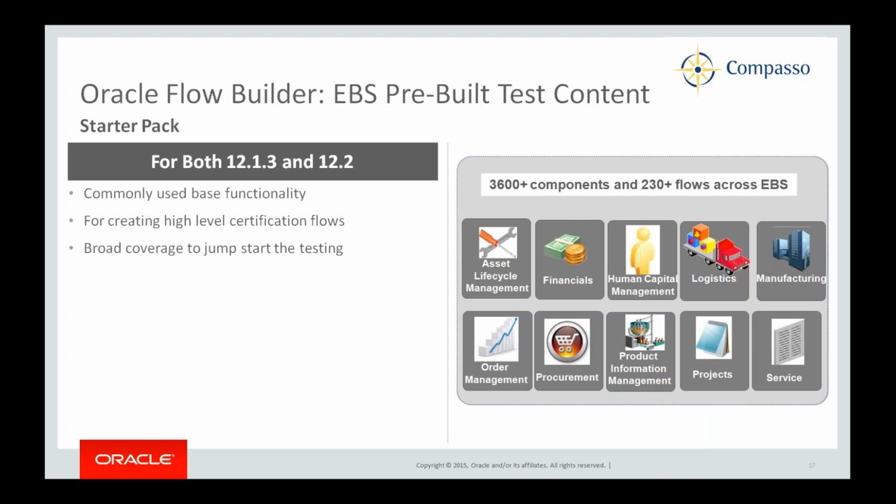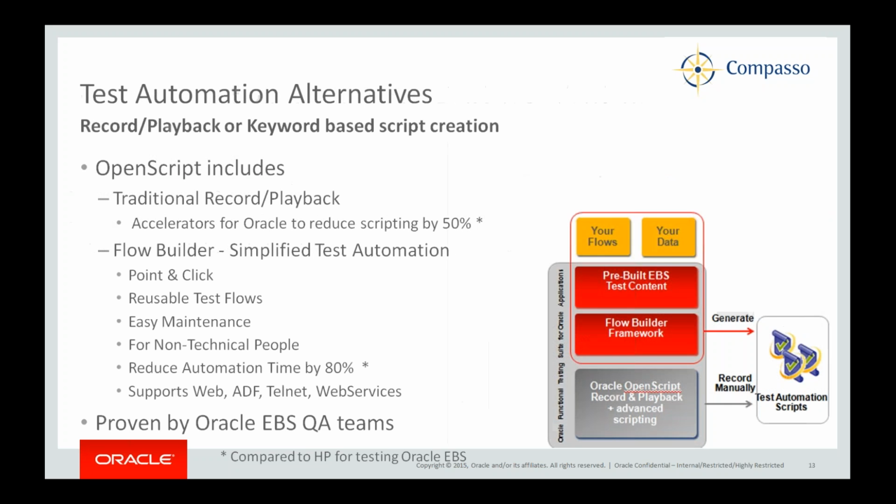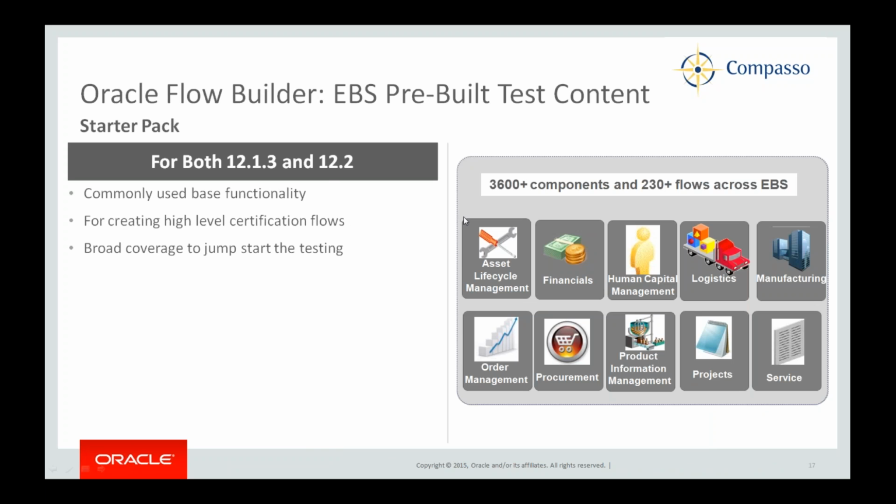So hello, everyone. As Mikhail said, this is the product that we use day in, day out, actually. And as Mikhail was saying, when you get Flow Builder, you get the pre-built e-business test content, which is really a starter pack. It supports 12.1 and 12.2, and you get over 3,600 components and over 230 flows. So the components that Mikhail was talking about, which basically is almost a snapshot of